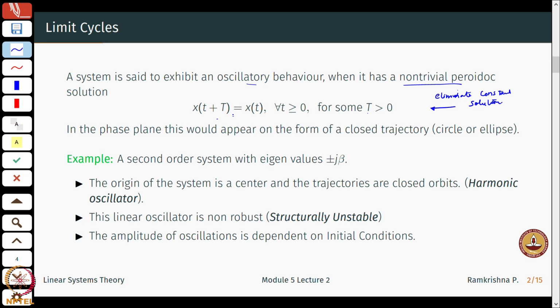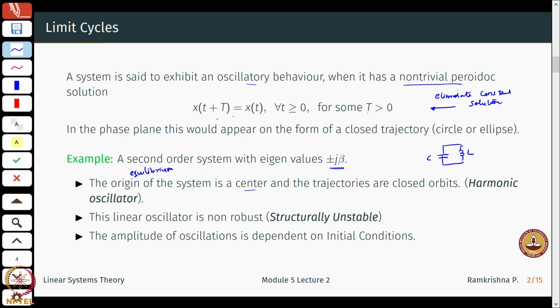Okay, so in the phase plane, if I am just looking at non-trivial periodic solutions, this would appear in the form of a closed trajectory, a circle or an ellipse. Just to recall the earlier lecture of this week, this would correspond to a system which just had eigenvalues of the form plus minus j beta, complex eigenvalues where the real part is 0. The equilibrium of the system is a center and the trajectories were closed orbits, and this could also resemble a harmonic oscillator, or an LC circuit. If there are some initial conditions, then this will always be oscillating around